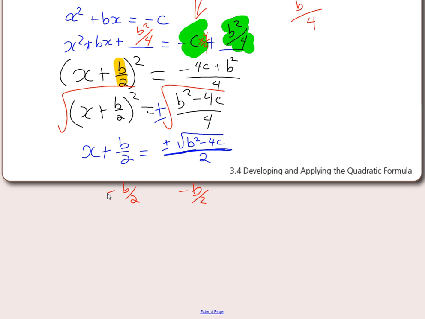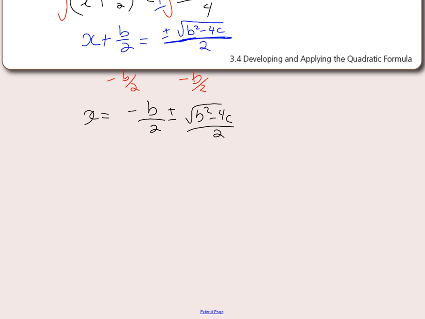Oh, nice, they have a common denominator. That's going to be helpful. X equals negative b over 2 plus and minus the square root of b squared minus 4c over 2. Bring them together into one fraction: negative b plus and minus square root of b squared minus 4c over 2. Well,